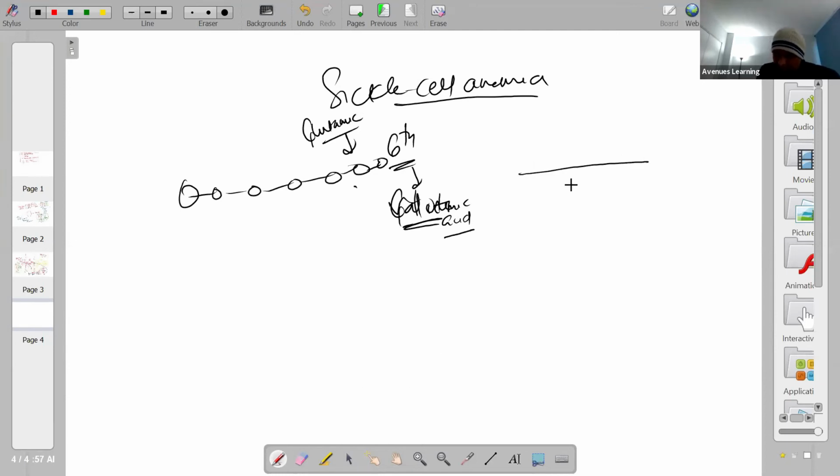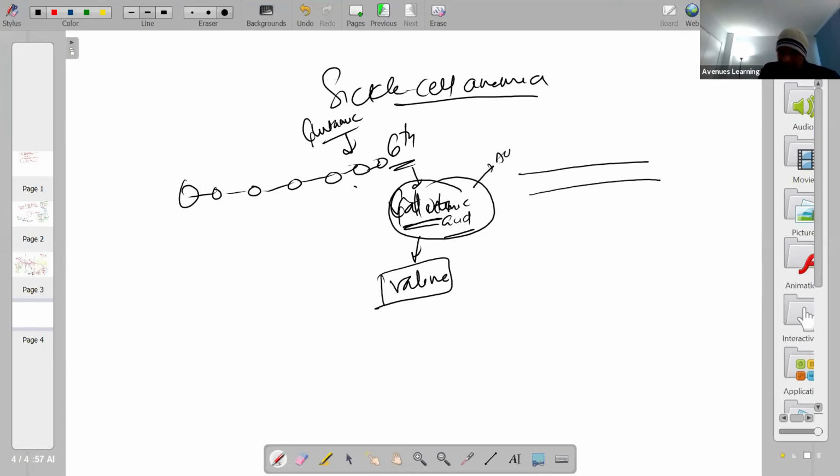If some sort of mutation happens and some change occurs in the gene, then this glutamic acid is replaced with valine. Glutamic acid is an acidic amino acid and hydrophilic, so it can interact with water. Valine, on the other hand, cannot interact with water, so it tends to get buried inside the protein. So the entire protein structure changes. The only difference between this gene sequence and this gene sequence is just 3 or 2 nucleotides.